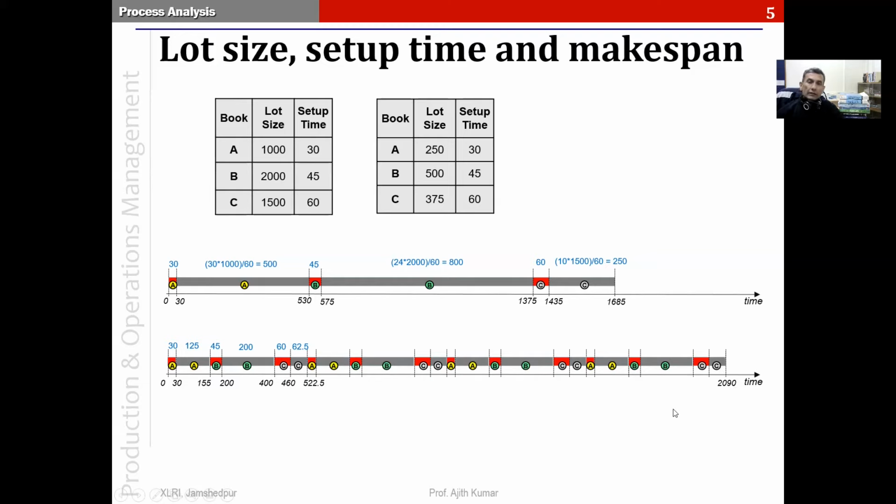So naturally, a question arises. We have decreased the lot sizes to 1/4, and that has led to the make span increasing by about 405 minutes. Is that really worth it? So the answer is this. If you think about it, by reducing the lot size, what changes in the workplace? You will realize that the inventory levels have come down. The amount of inventory present around the workstation now need not be as much as it was earlier.